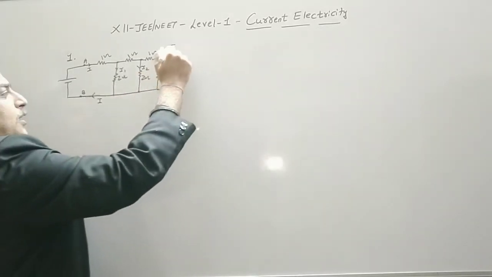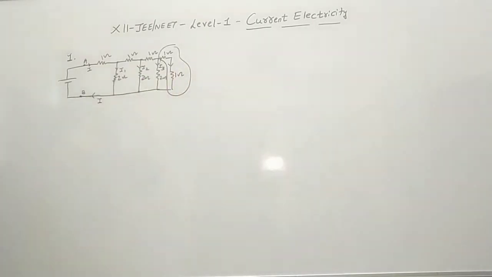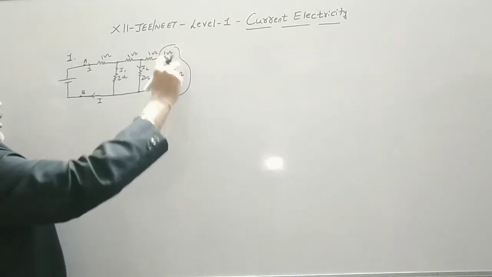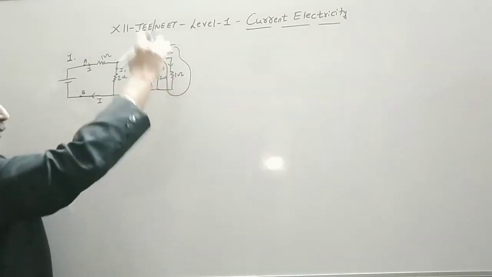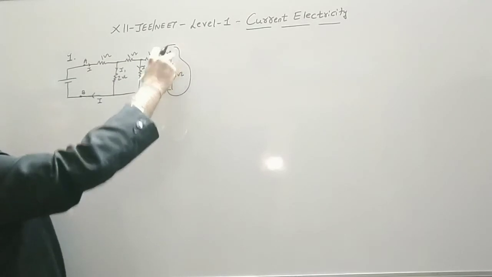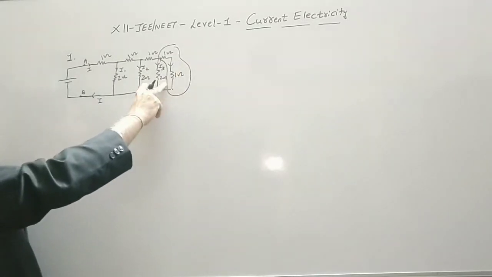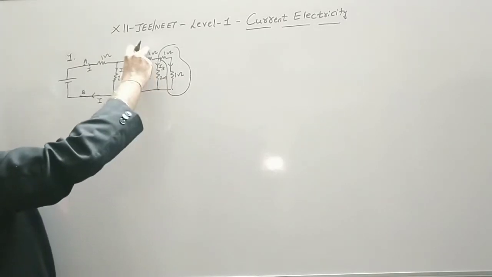So if we want to divide the current, it can be easily divided, but we can see that these two resistances are in series combination. These two resistances are in series combination. They have the same current. So 1 plus 1, it will be 2 ohms. I am not drawing the equivalent diagram. You can do this orally. So 1 plus 1, 2 ohm. 2 ohm parallel to 2 ohm, it becomes 1 ohm.